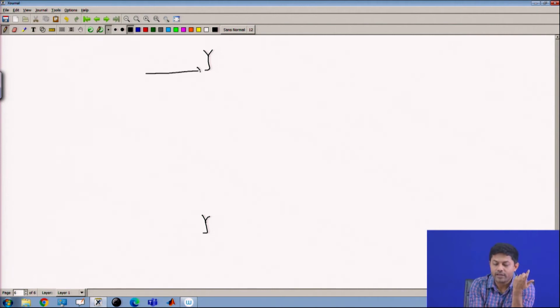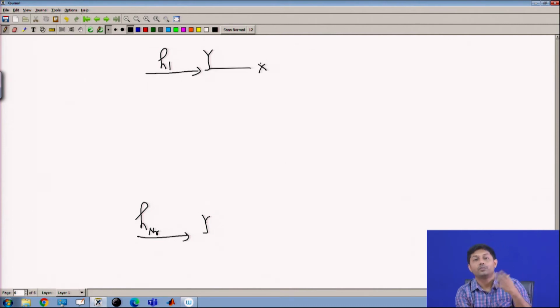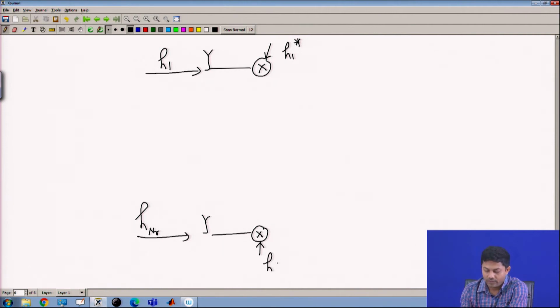If you have a channel here seen as H1 versus a channel here H of NR, what you do is multiply this data. I am assuming you digitize it and multiply it. So, you multiply this data with H1 star, and multiply this data with HNR star. Okay. Just multiply it. Then what happens? Then you just add them up.